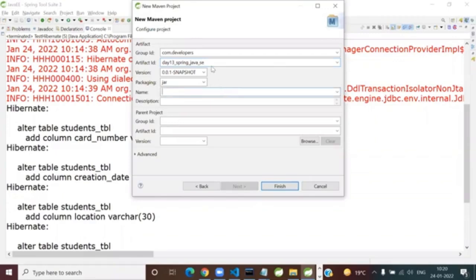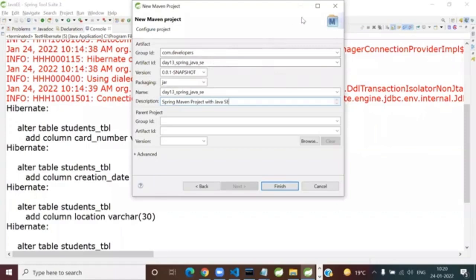Give a project name same as the artifact ID. The whole idea is to keep the jars downloaded. So go to a good network speed or whatever stable connection and do that. And what it is going to be, it is going to be a Spring project, Spring Maven project with what? Not web Java, Java SE.